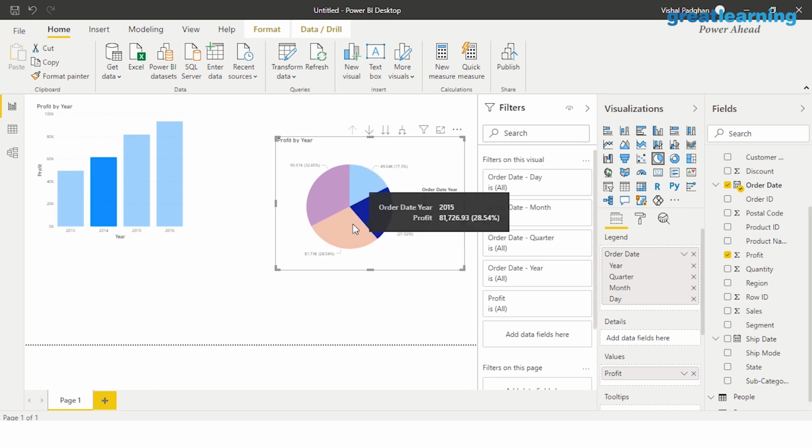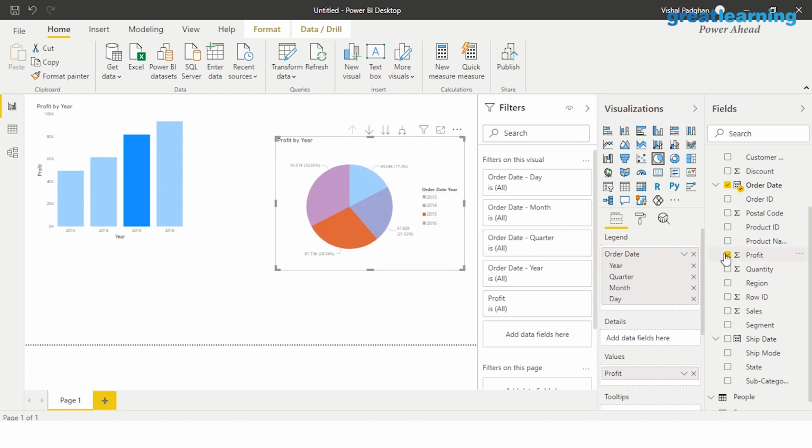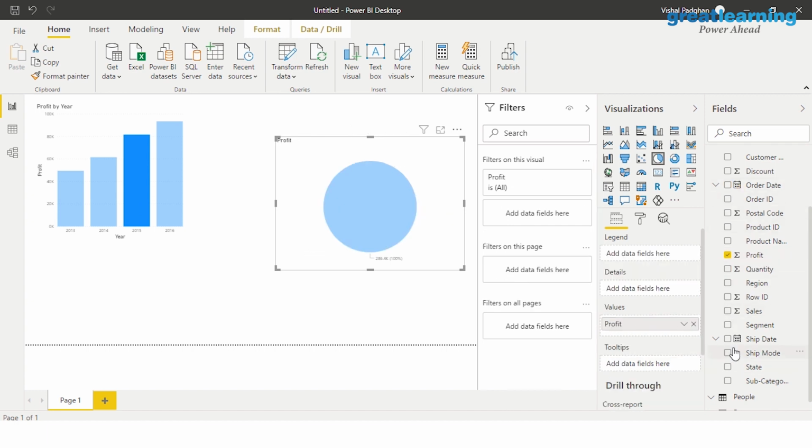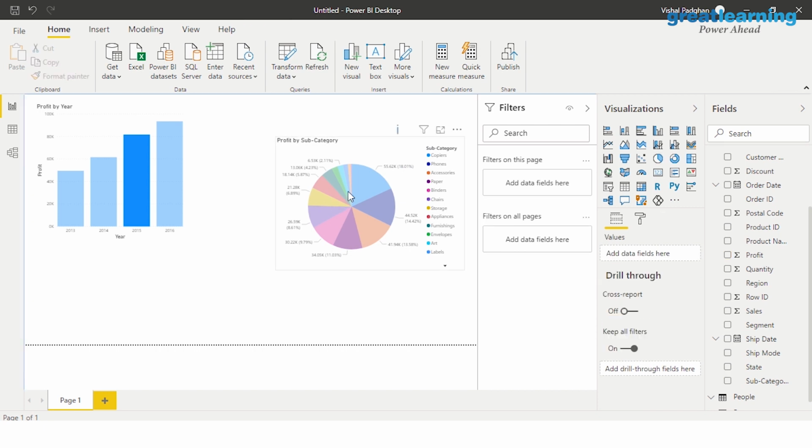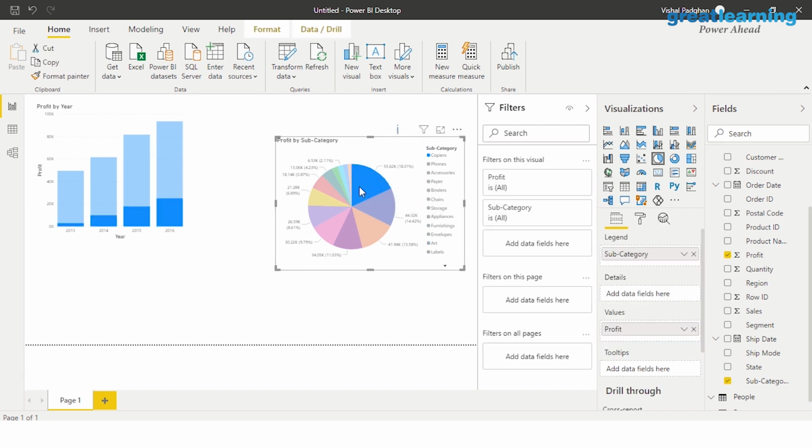Let's assume that you want to find out profit based on the subcategory that you have. So I'm going to remove the order date for now, and I'm going to come ahead and pick my subcategory option here. I can drag and drop it and it will still represent the same information to me. Now, let's just go ahead and click on this particular value. You see, so what this suggests is copiers had this much amount of profit, and for every year this is the amount. So there was a rise in copiers profit, and it was a fairly good amount of rise.